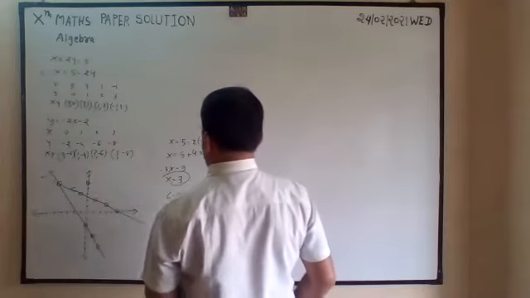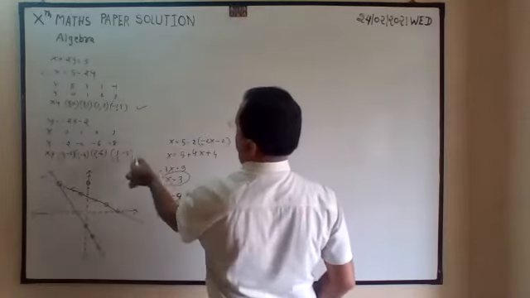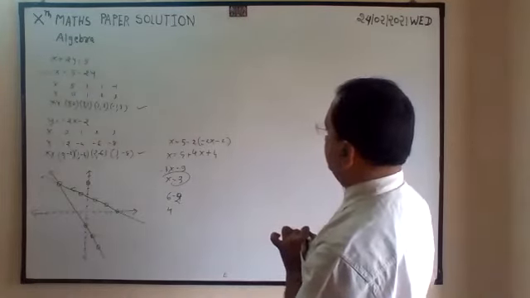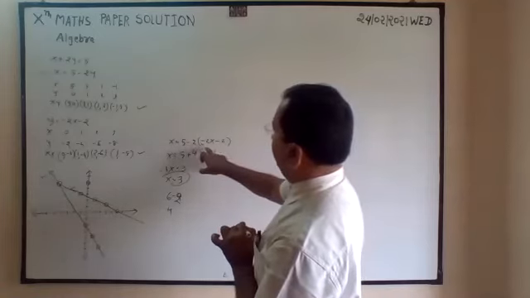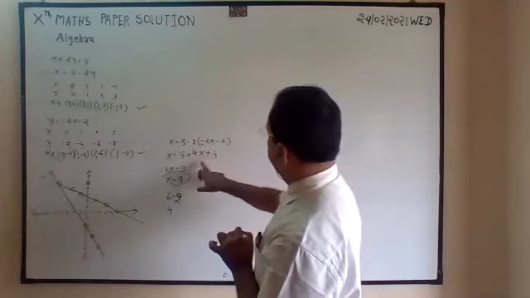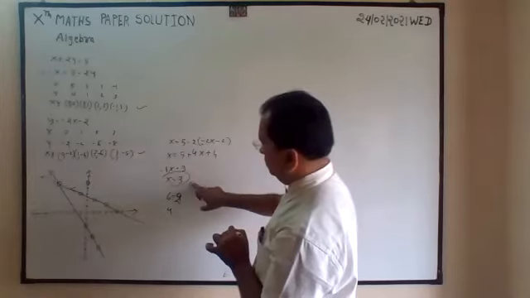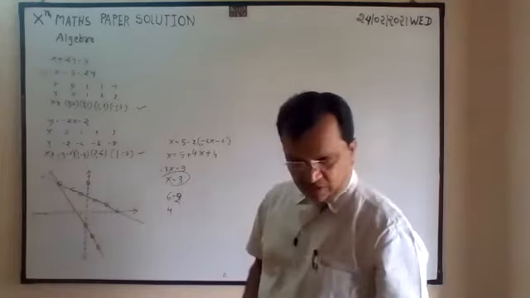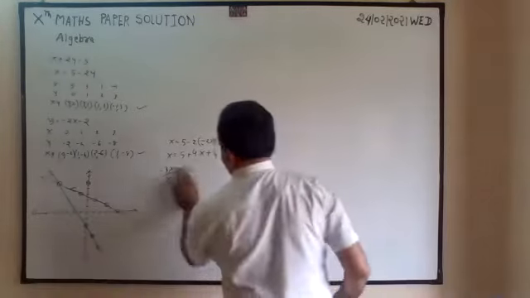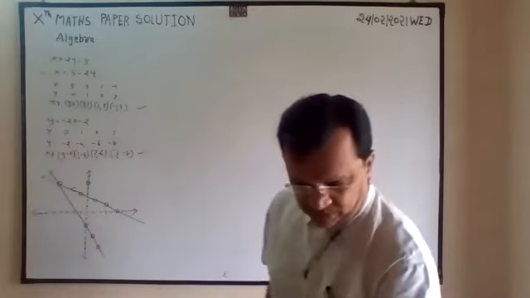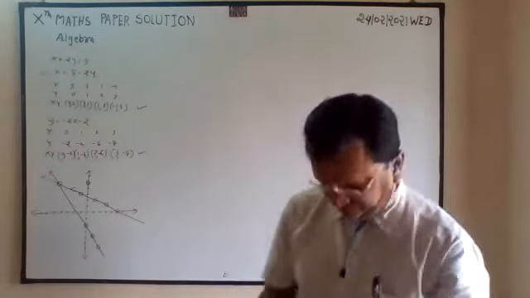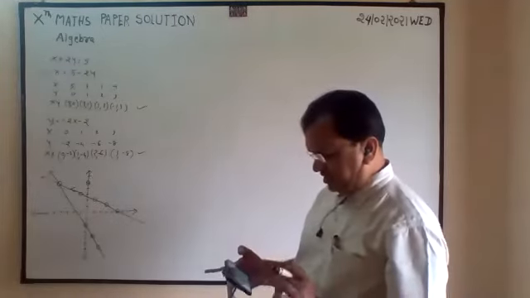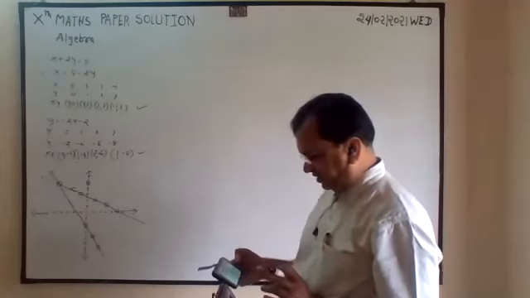On a graph you will get the correct answer, but only if you take these points very accurately. I have substituted this y value and it is correct. On graph paper you will get the correct answer. Next, I have just given the framework, how to take the points and how to extend the line, and you will get the intersection 100% correct.